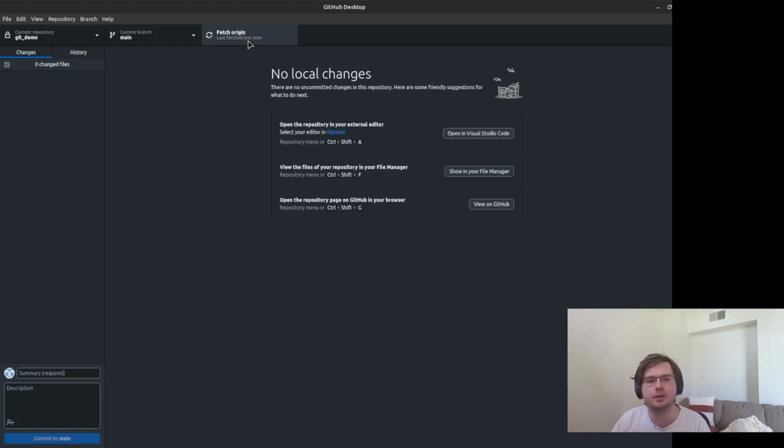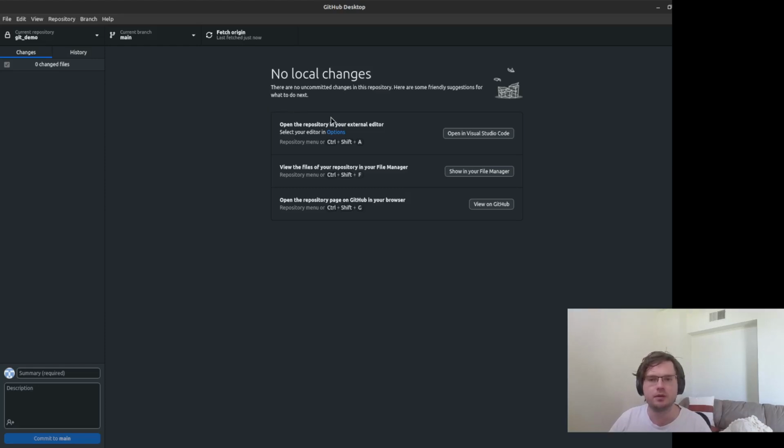And so Fetch Origin means pull down the latest information from the internet and see if there are any changes I need to make to my code that were made on the internet. Because again, it doesn't happen fully automatically like something in Dropbox would do. So in this case, if we click Fetch Origin, nothing's going to happen because I'm the only one that has access to the repo and I haven't pushed any changes.